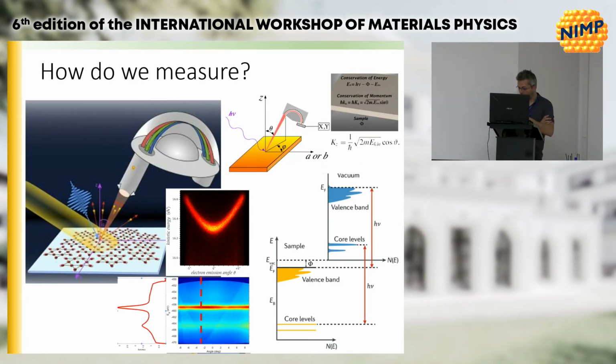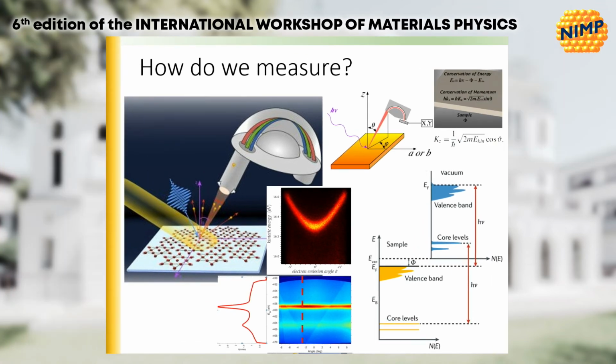How do we exactly measure this in ARPES, in angle resolved photoemission? The technique is a particular case of photoemission, which is a photon in, electron out technique. We hit the sample with a flux of photons. We record the energy of the outgoing electrons. If we vary